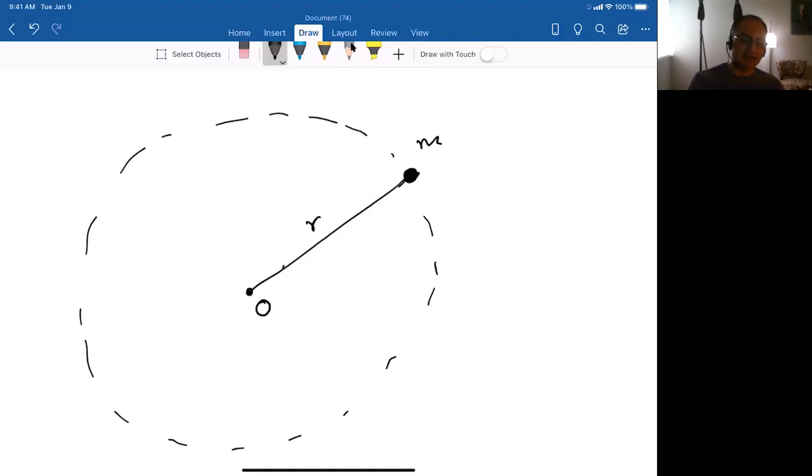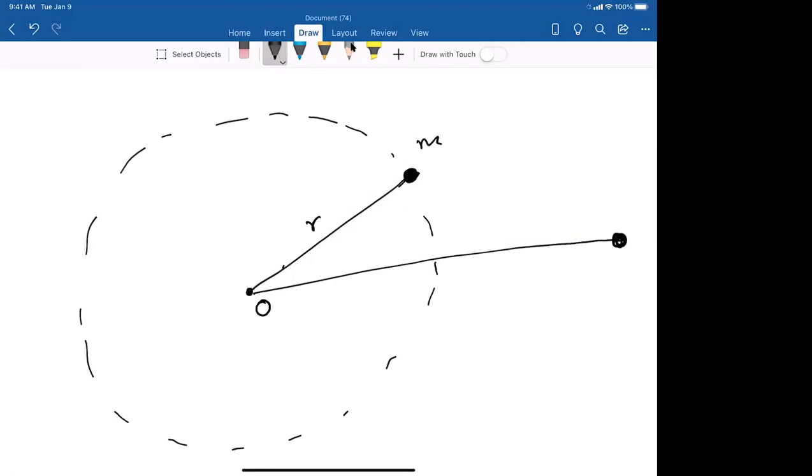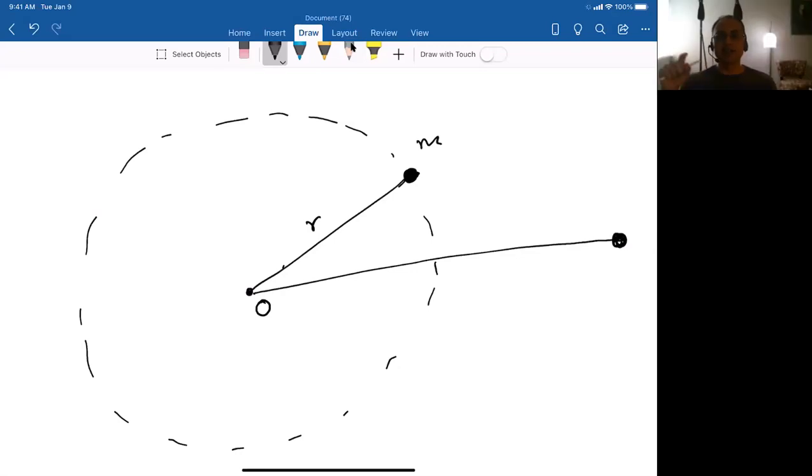So for example, if you increase the length of the rod but keep the mass the same, do you think it'll be easier to rotate this or harder to rotate this? Which would take more work to rotate? If the radius is large, or if the radius is small? In which case will it be easier to rotate? When it's small. Yes, if the radius is smaller, it will be a lot easier to just give it a spin. If the radius is large, it will take more work to rotate it. That makes sense? So you can see that the rotational inertia in this case does depend on how far away